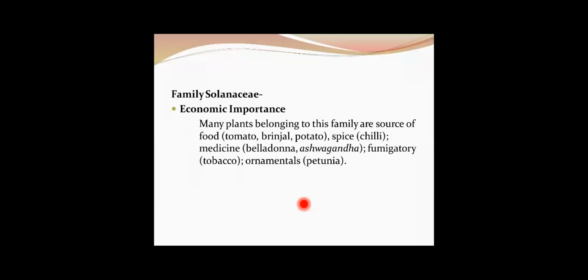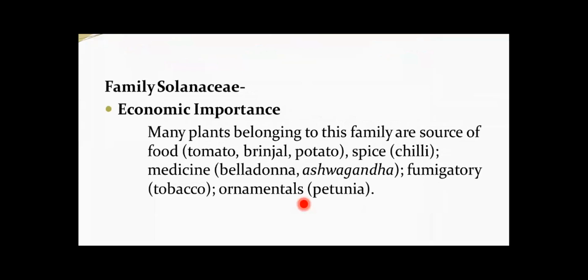Next, you have a family that is Solanaceae. In case of Solanaceae, you have studied the characters, if you just recall. Solitary inflorescence or cymose inflorescence, as you see in case of Solanum. Flower is actinomorphic. In the Fabaceae, flower is zygomorphic. Here it is actinomorphic, bisexual. Calyx will be, sepals will be 5 in nature, united.